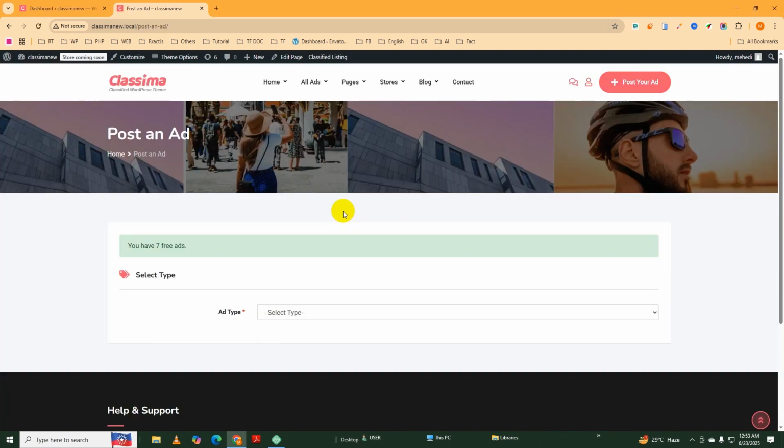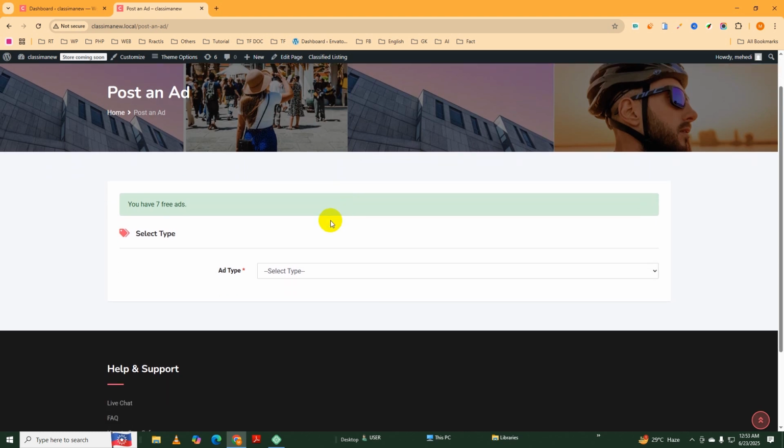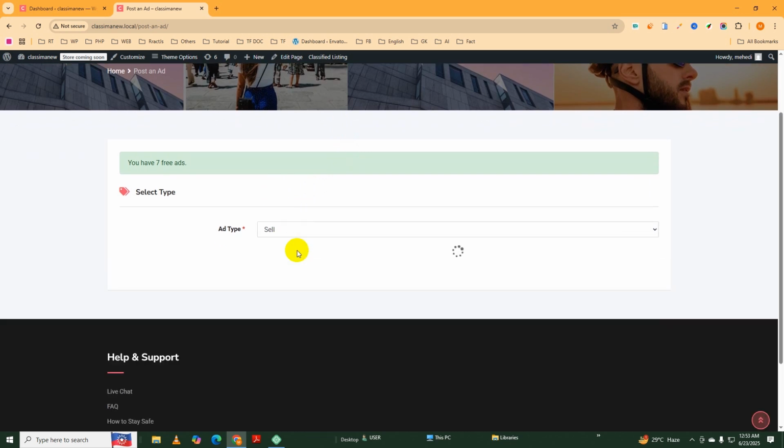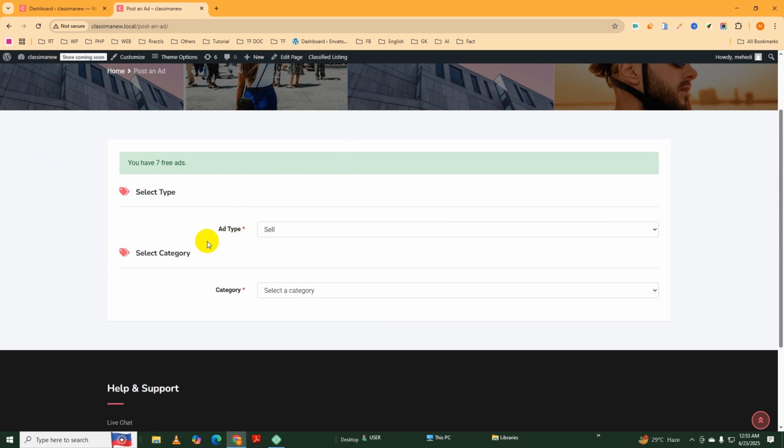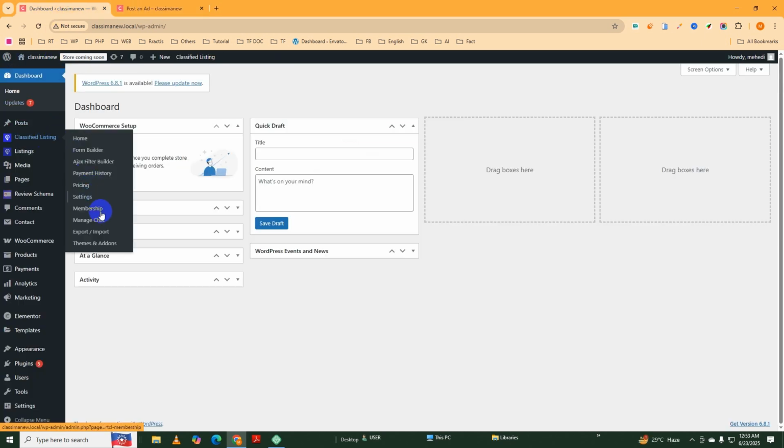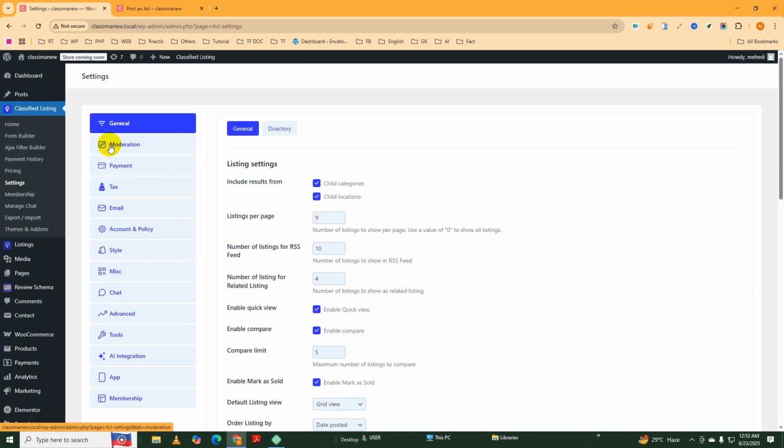It shows the old or classic listing form which is almost a static form and you can edit it from the admin dashboard, but you can just hide and show some fields. That means you can manage some fields from the settings. Okay, let's check. So go to the admin dashboard and hover on Classima listings, click on settings, navigate to the